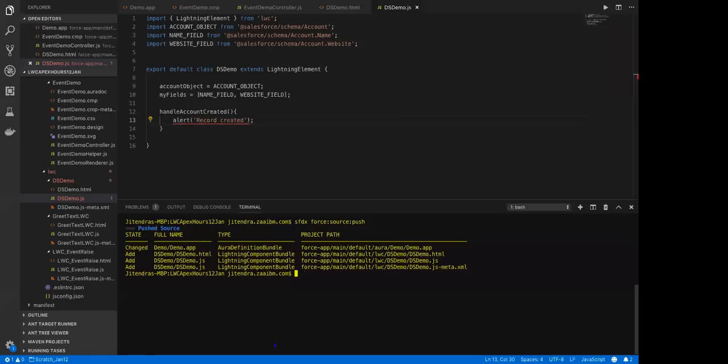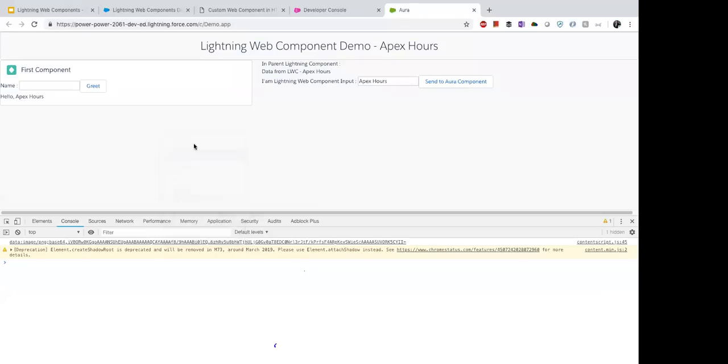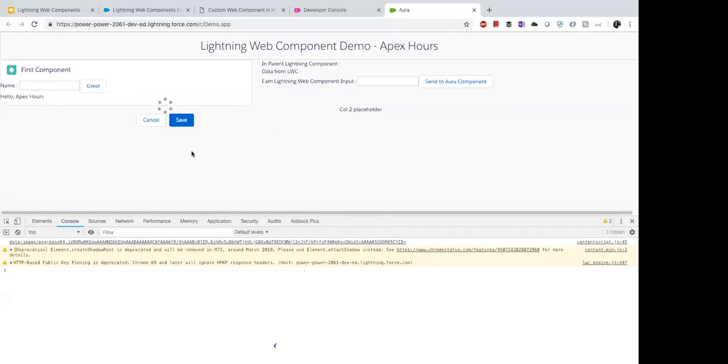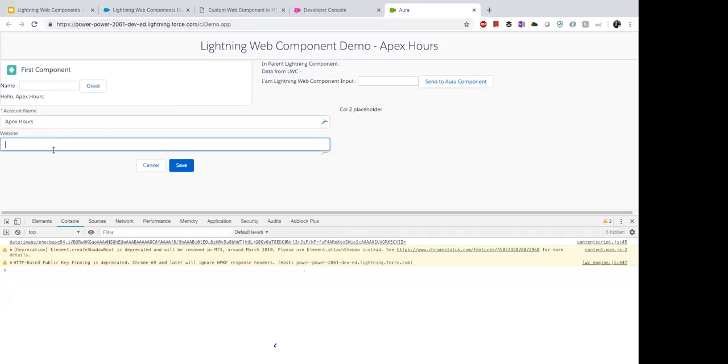Everything is good. Hopefully, our Aura has the new column here, new row. Yep, it is working. So as you can see, team, this third component, this UI and everything is automatically created by Salesforce. Validation rule is already there. Everything is rendered automatically. I'm going to create an account saying Apex hours, and I'm going to say https